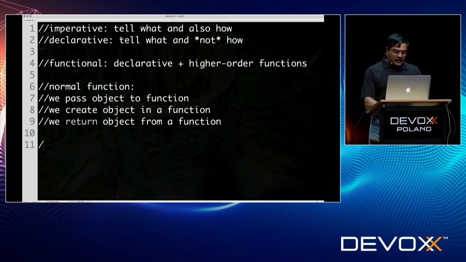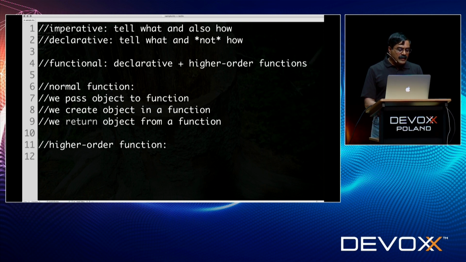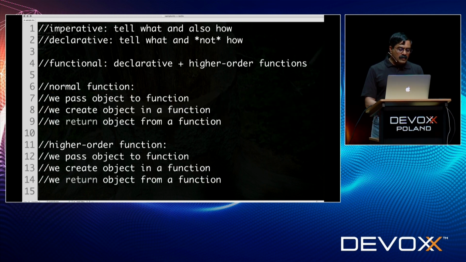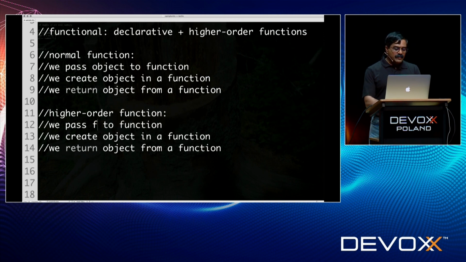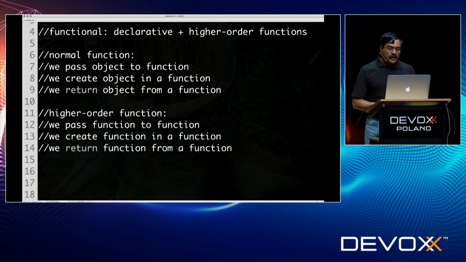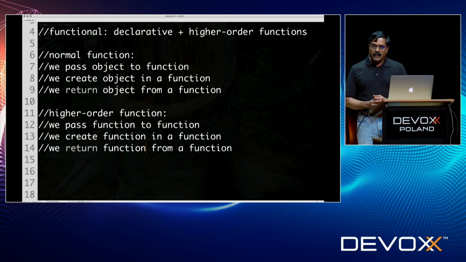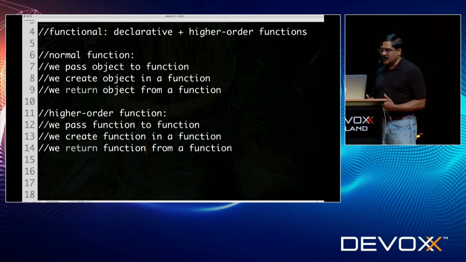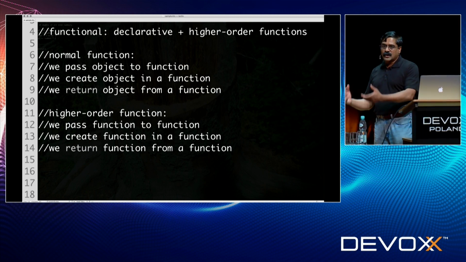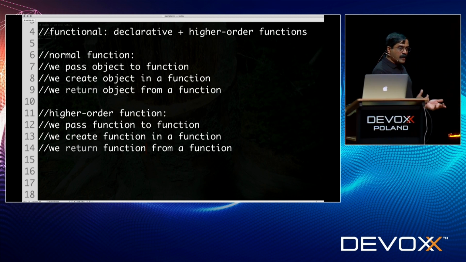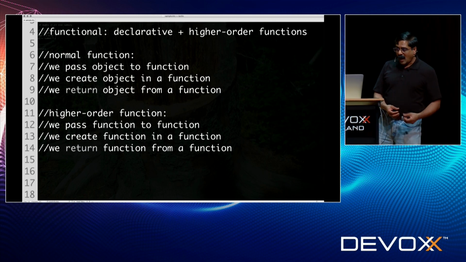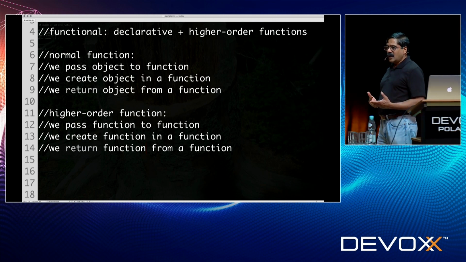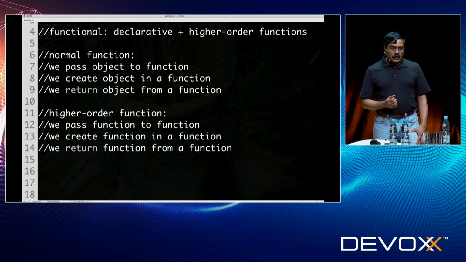But on the other hand, when it comes to a higher order function, what it means is that you can take this idea and go a little further with this, and that is we pass a function to a function, we create a function within a function, and also we may return a function from a function. And that's what makes a function a higher order function. So a higher order function is a function that may not just receive, create, or return objects, it may receive, create, or return functions as well. And one of the cool things about doing this is, in addition to doing object composition, we can also do